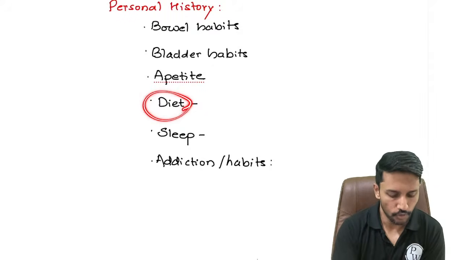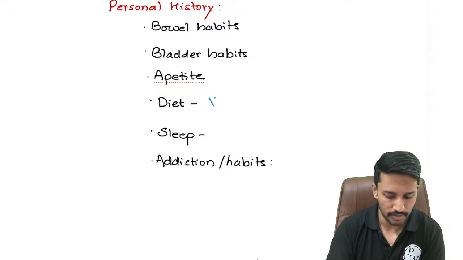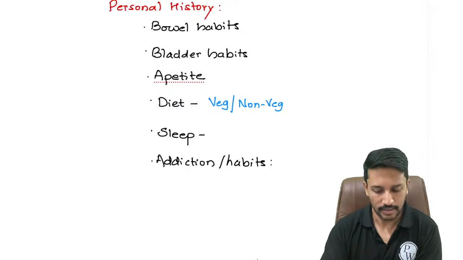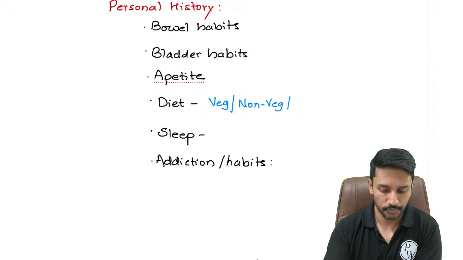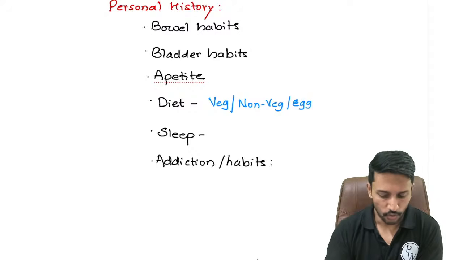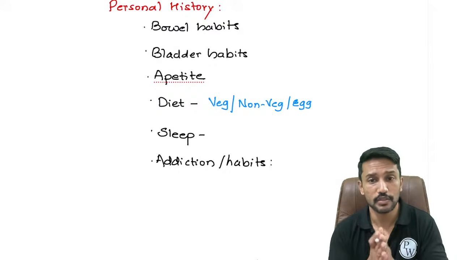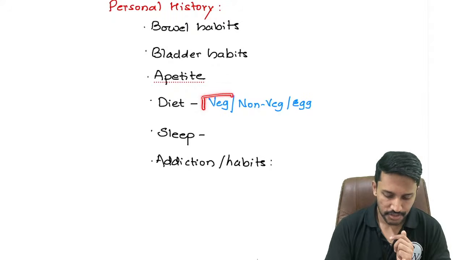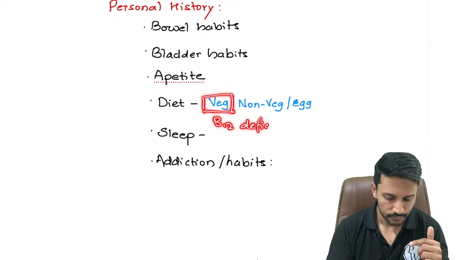Okay. Then we have to document about the patient's diet. When we document the diet, we have to document whether he is a vegetarian or he is a non-vegetarian. And of course, in India, there are a lot of vegetarians who consume egg. That also we should be documenting. Now, what is the relevance of diet? Well, the vegetarians are prone for certain diseases. For example, B12 deficiency,